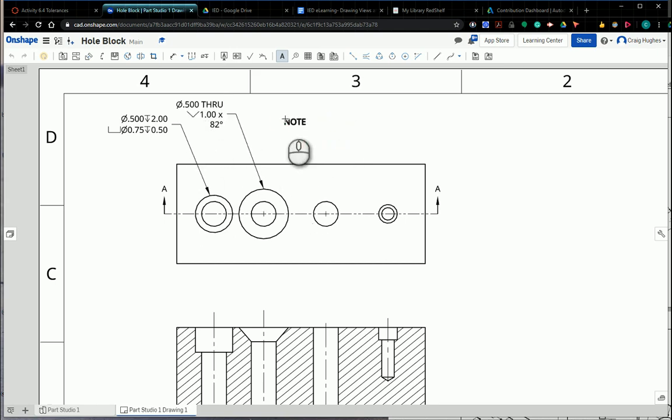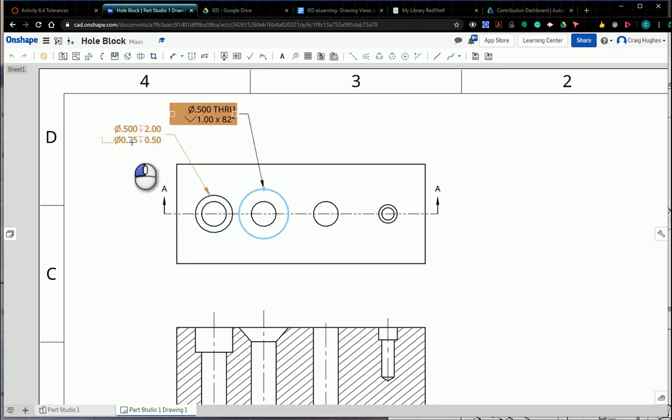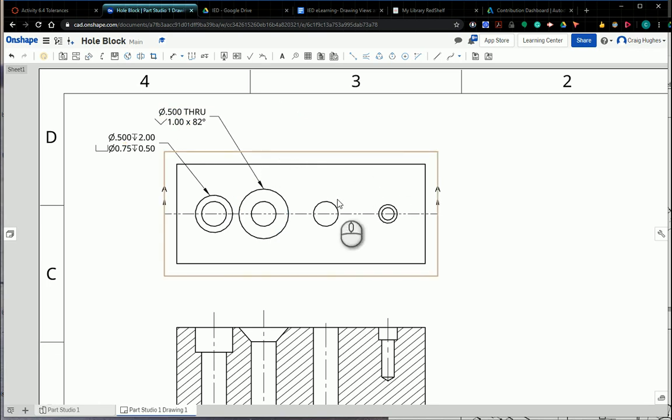All right, so this is kind of how we can, I'm going to hit escape to get off the tool. Here, as far as some of the adjustments, you can always click and drag to move some of these. And if you look at these little grip boxes, if you expand those out, it will get it to fit onto appropriate lines, as well as allowing you to move and adjust it. Now on this one here, I'm going to show you a little bit. So that's how to create whole notes utilizing the